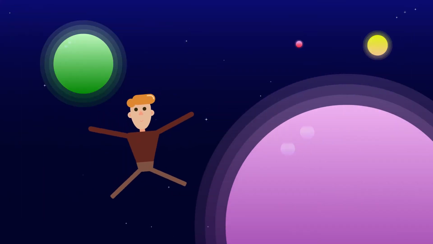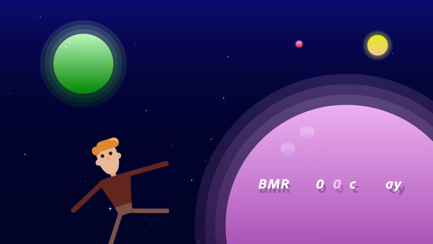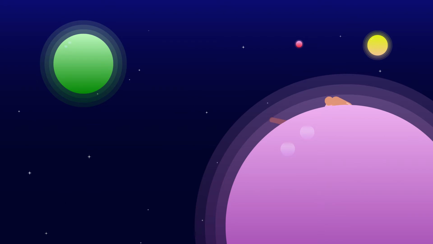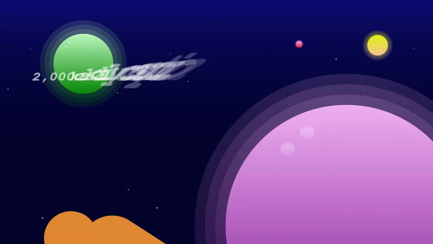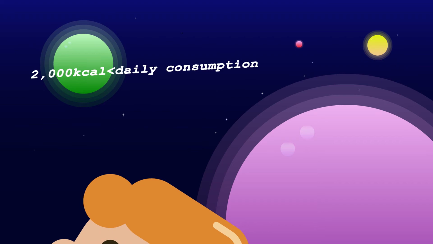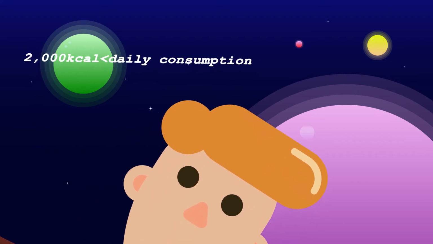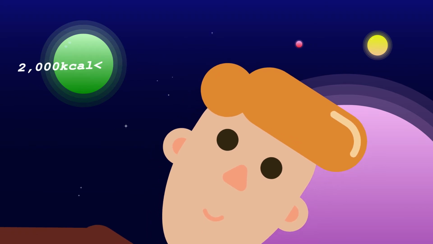Now, let's say you found out that your BMR is 2000 calories a day. What does that mean? It means that in order to maintain your body weight while you are at rest, you need 2000 calories a day. Therefore, in order to be in a calorie deficit, you have to consume less than 2000 calories a day so that your body starts to use your stored fat and a percentage of your muscles as energy, and that's when you start to lose weight.